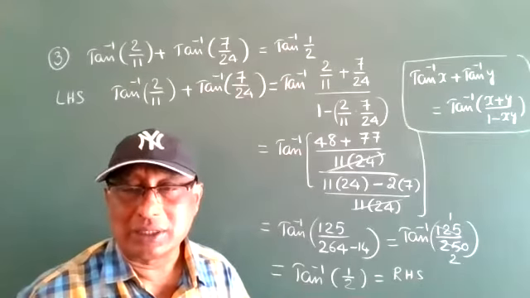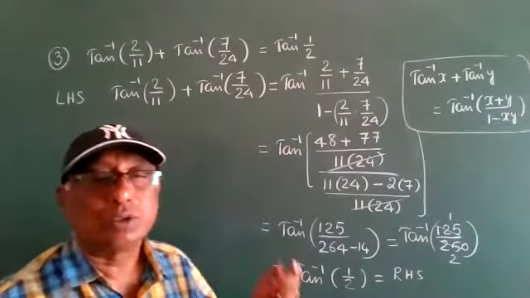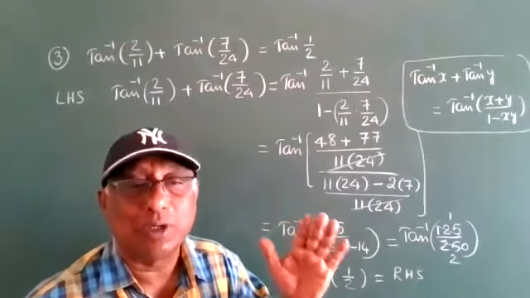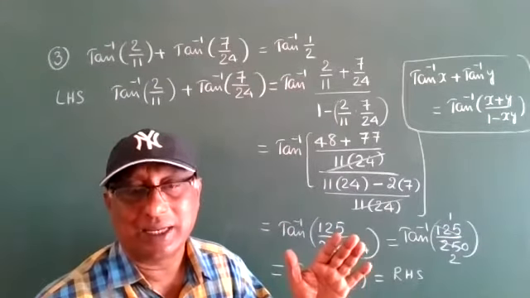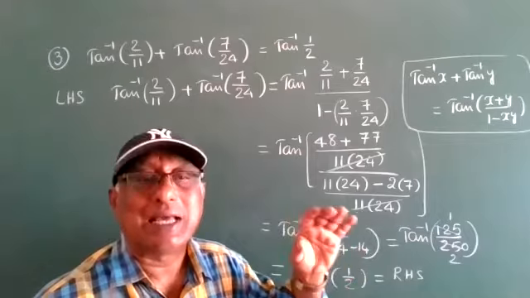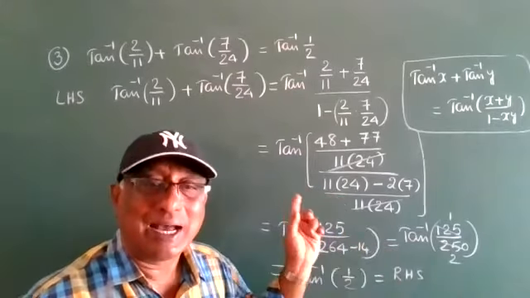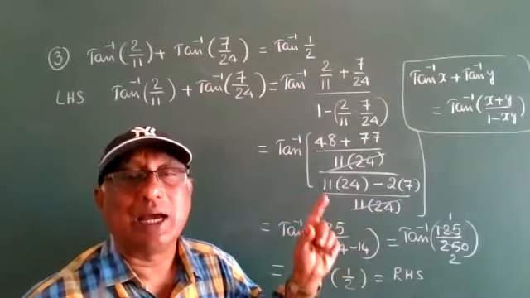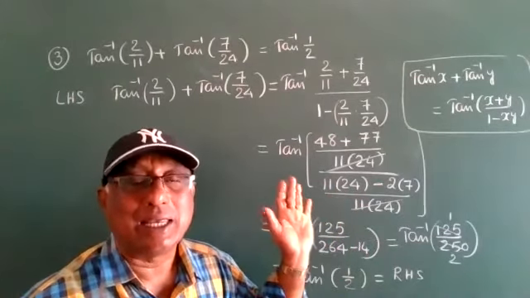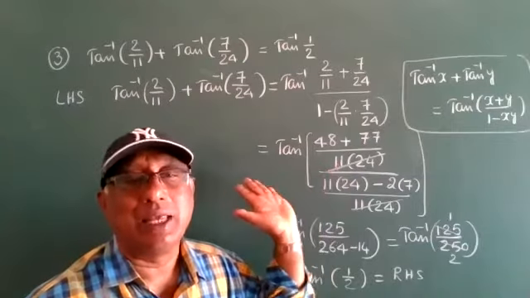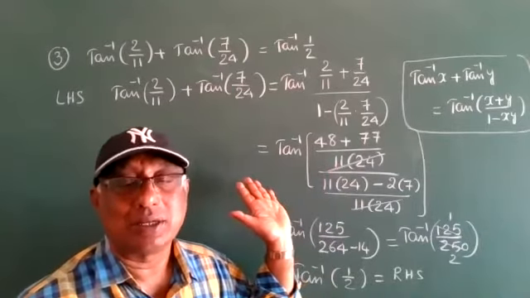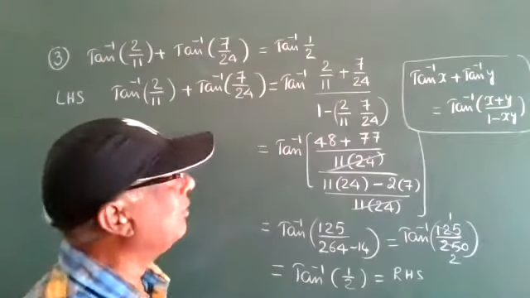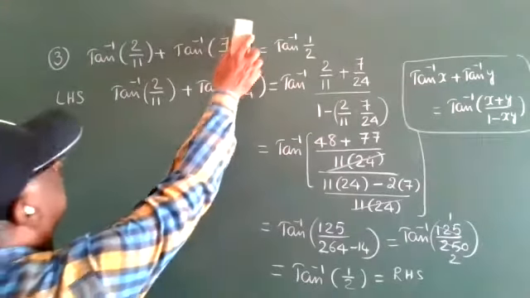For the second problem, what is given? On the right-hand side, substitute x as cos theta. Then it comes into the cos 3 theta formula. Cos inverse and cos both cancel, leaving 3 theta. What is theta? Theta is cos inverse x. Then we get the left-hand side answer. Okay?